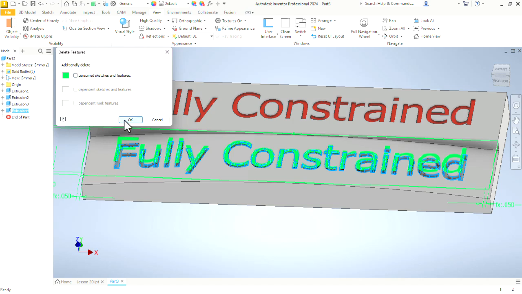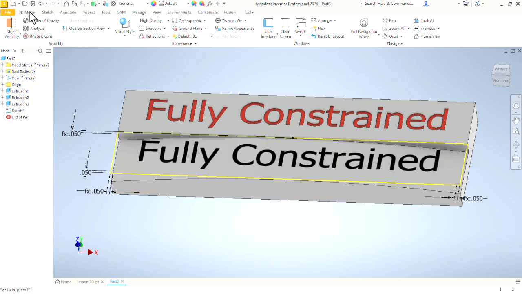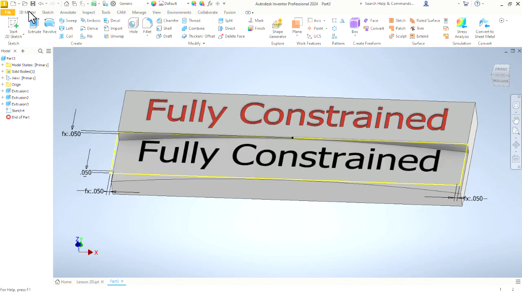So uncheck that box and say OK. And we get back to this sketch floating out over the part. Now back in the 3D model